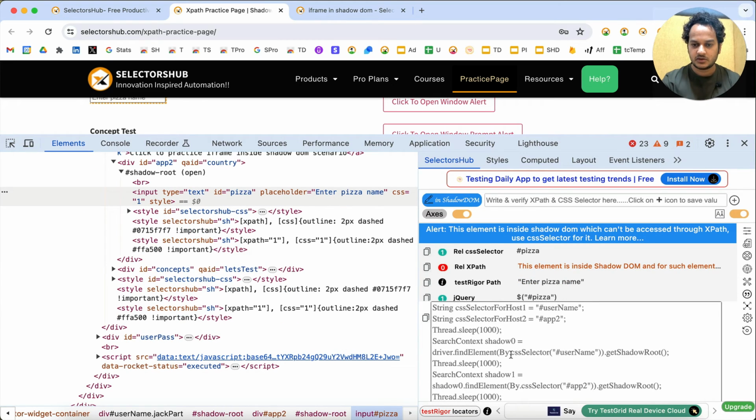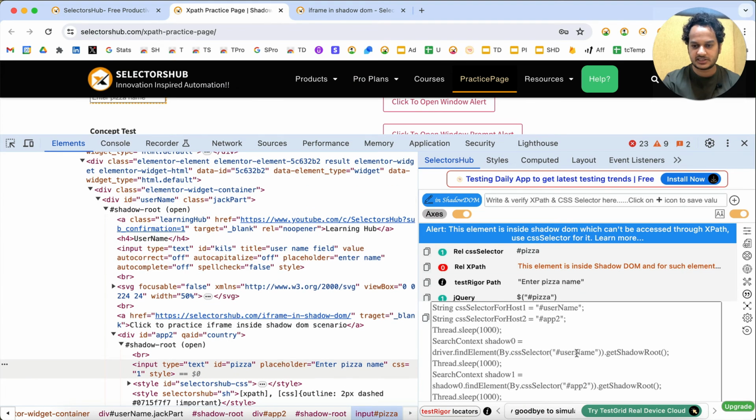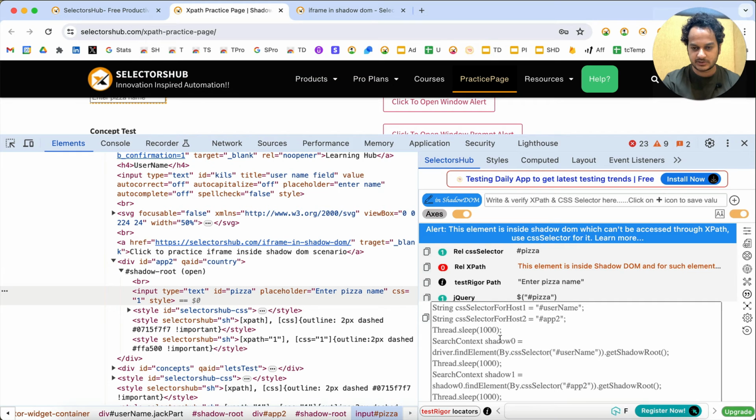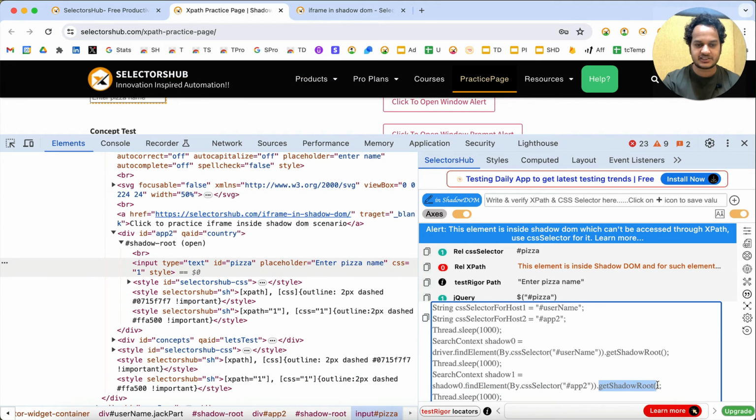So you see that here first it is locating this particular host, this one username. Then we are getting this shadow root, so we got this shadow root. Then come down, and here you see whatever variable we have taken, shadow root 0. Inside this shadow root 0, it has written shadowRoot0.find_element by CSS selector app2, this one. And then we are using the getShadowRoot method to get this particular shadow DOM, and then inside this shadow root,